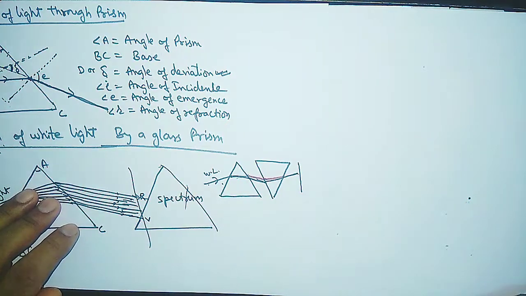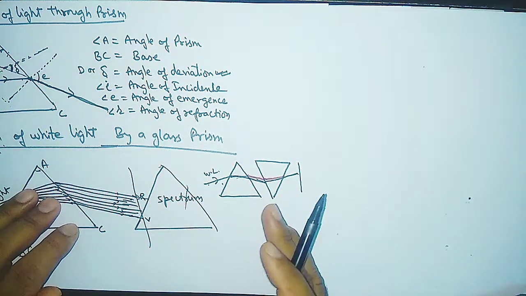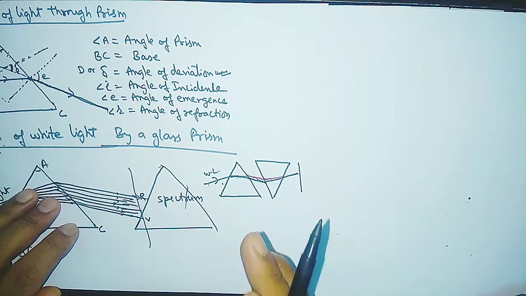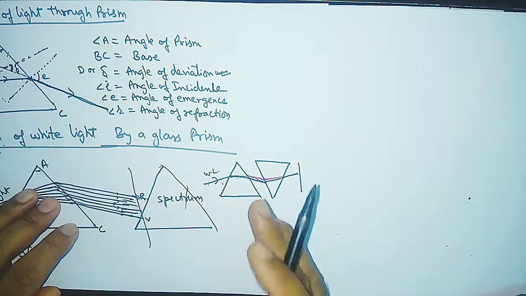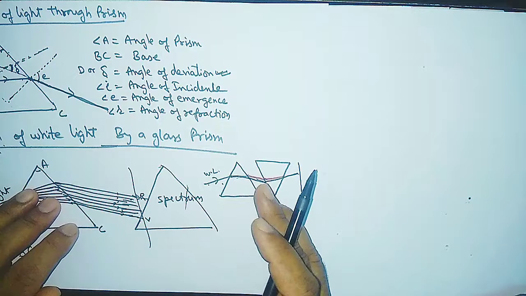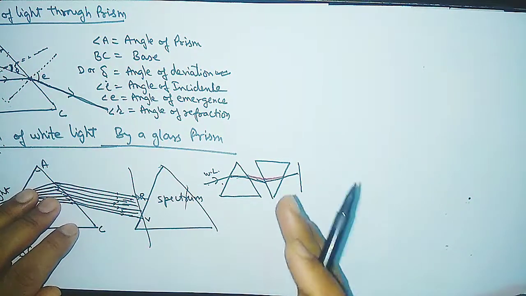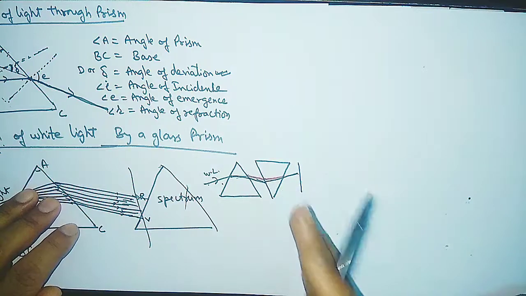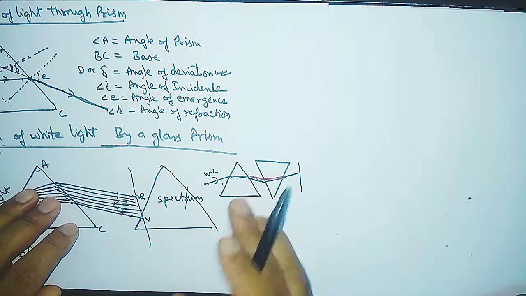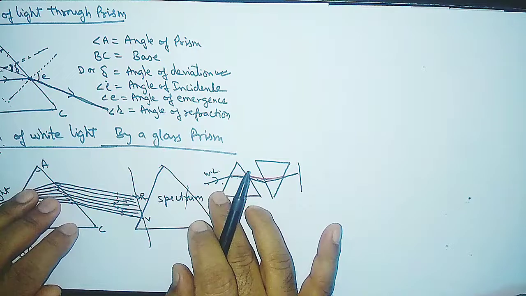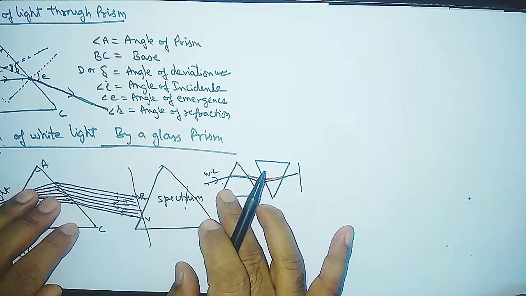So every light which is similar to the sunlight, because sunlight has all the possible wavelengths, all colors, so any light which is similar to the sunlight is termed as white light. Okay, as a white light.